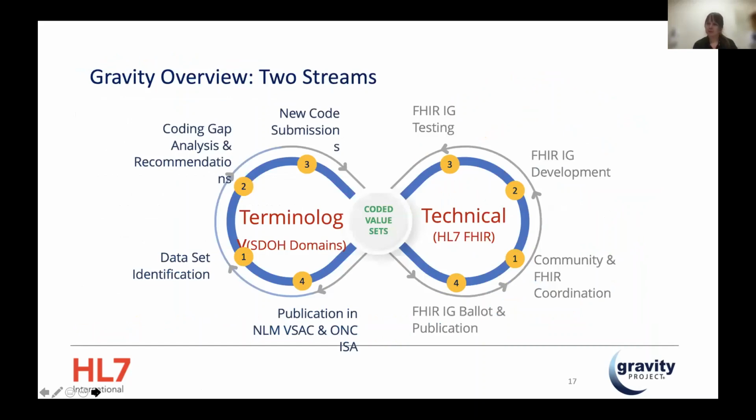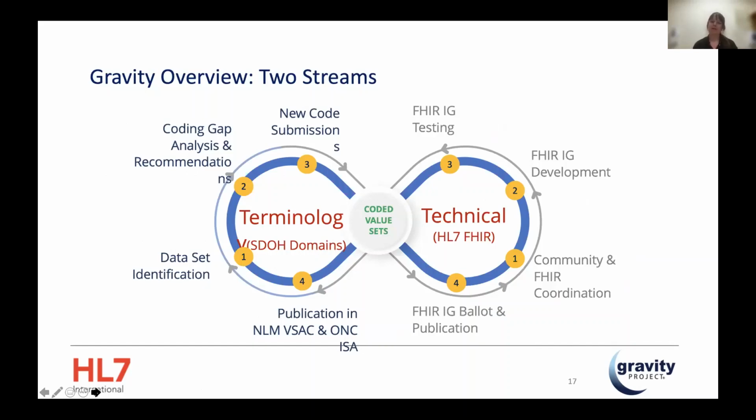Again, these are our work streams. The terminology and technical work streams are intertwined. We work side by side. As I'm leading the development of the terminology to address social determinants of health, Bob is mirroring and marrying that work in order to enable the technical specifications within HL7 FHIR, which is a standards development organization, to share the terminology we're creating through web-based methods that allow for the meaning of what we're creating on the terminology side to be maintained. And we'll talk more about that in a second.